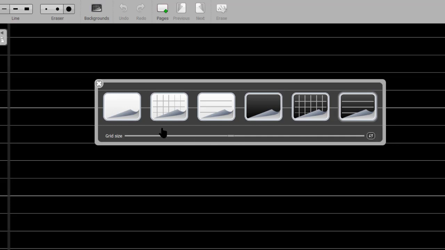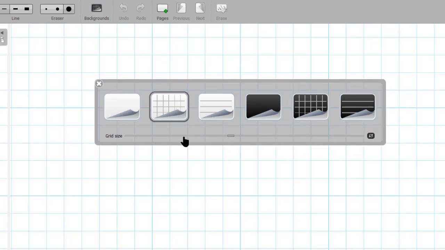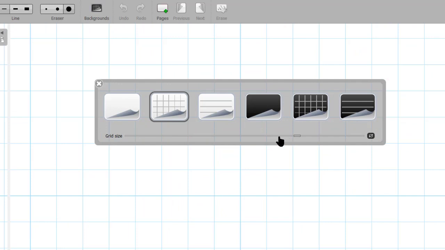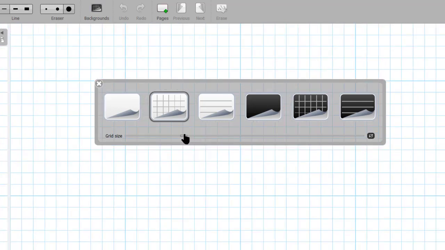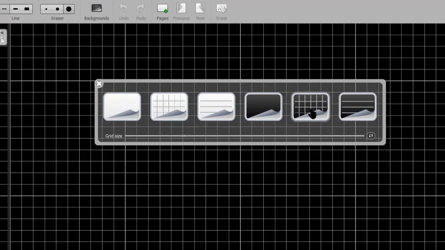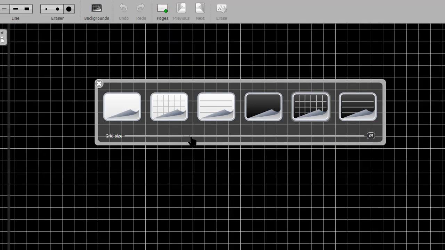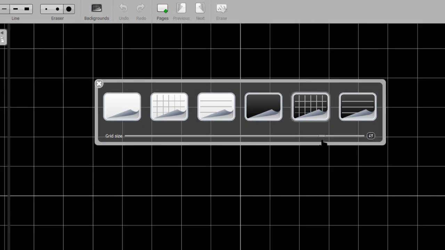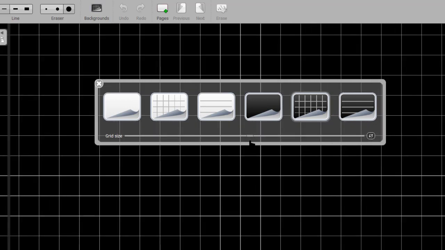So that is 6. And one more thing, the grid size of this page we can change by using this button, sliding to the right side. The squares of the graph will be increased and decreased. And here also you can easily increase the line of the square of this page by using this slider.